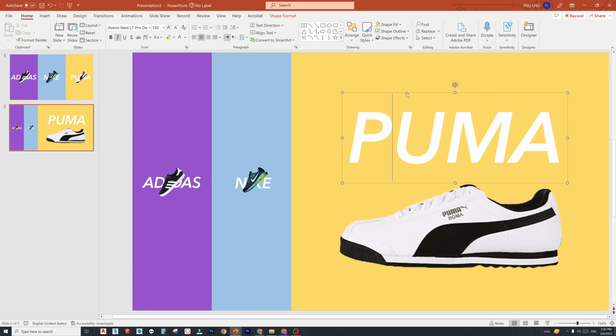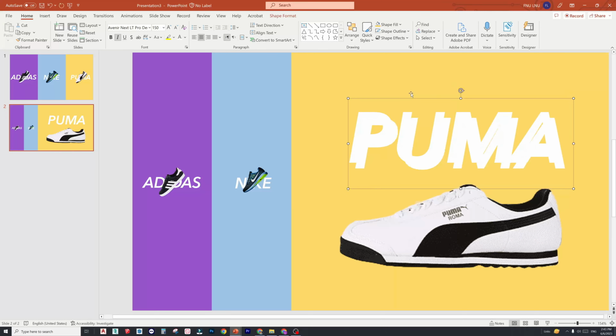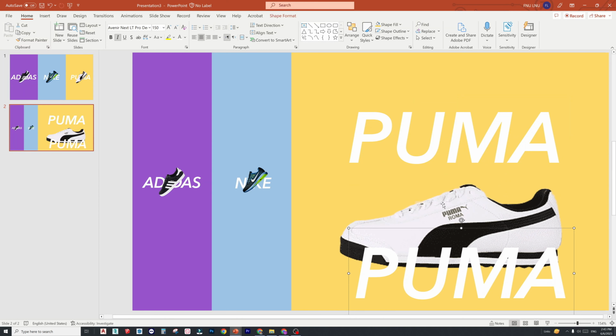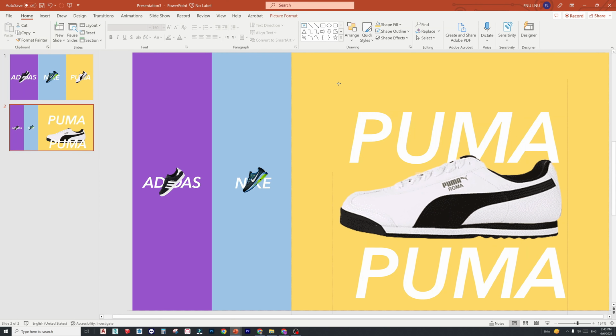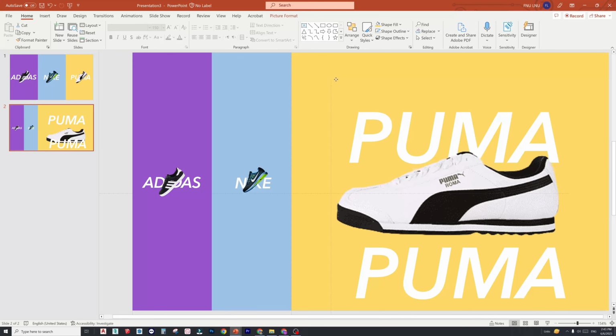Now select the text and duplicate it. Now bring the shoes to the center, like this.